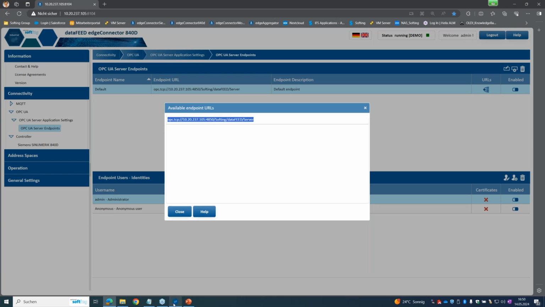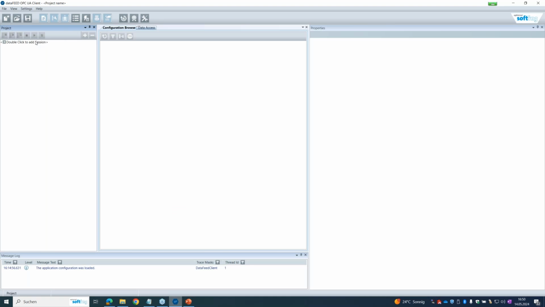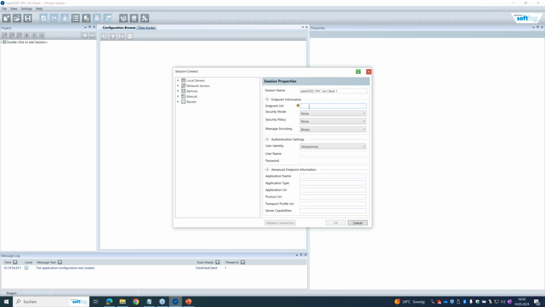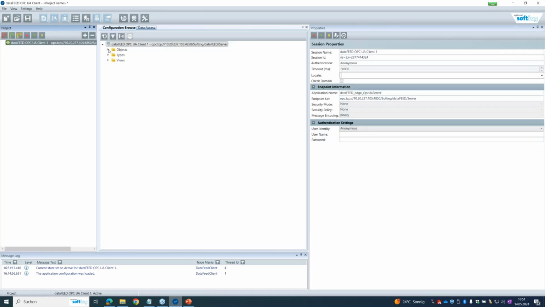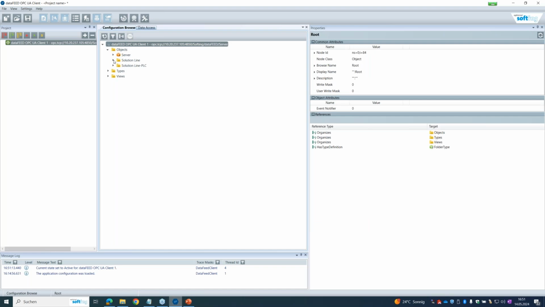And now I open up my OPC UA demo client. It's a freeware. You can download it from our webpage. It is only there to check if data is coming in fine and if you have good quality. But of course, this OPC UA client is free and you cannot create nice graphs. For that, we have some partnerships like the one with Peakboard, which can do more with the data and do the visualization part. So I hit OK, and now it is opening up the address space of the OPC